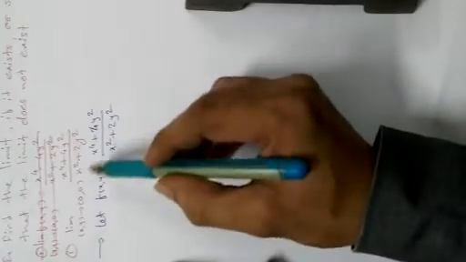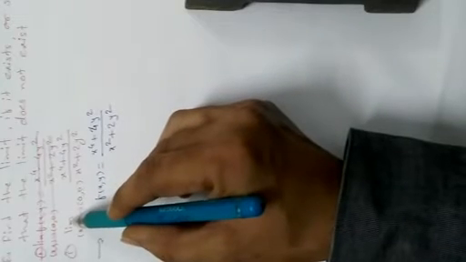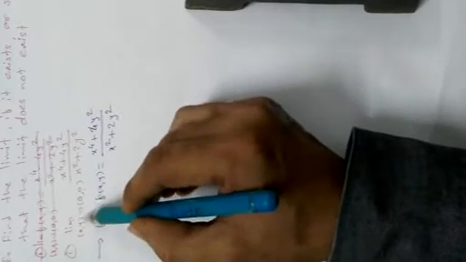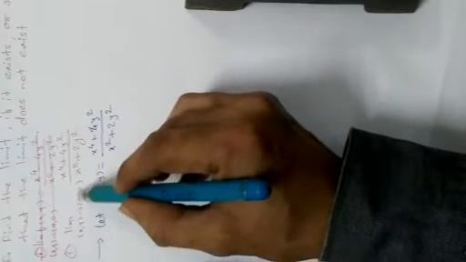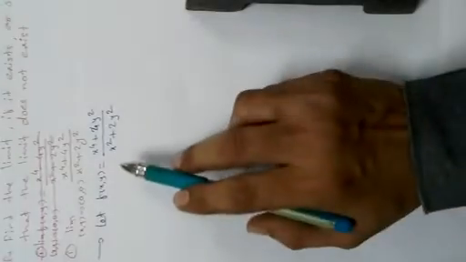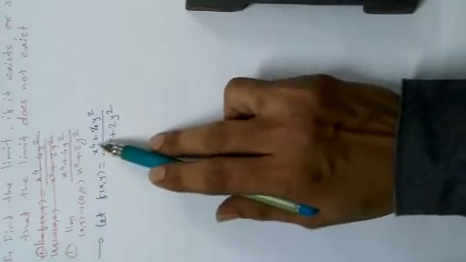First we have to check whether f(x,y) is continuous or not. If it is continuous, then we will use the definition of continuity. Continuity we have to check at (0,0) because the limit is as (x,y) tends to (0,0). At (0,0), f(0,0) becomes 0 upon 0, which is an indeterminate form. So as we get an indeterminate form, we will move to our next step.